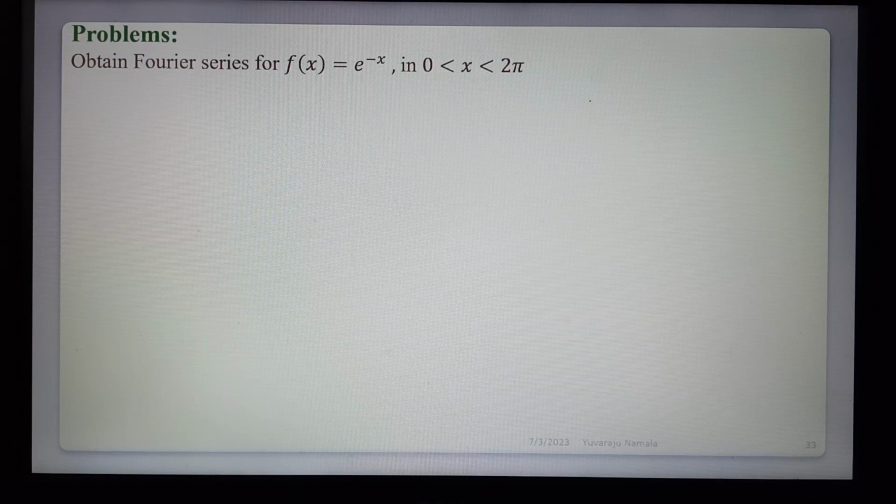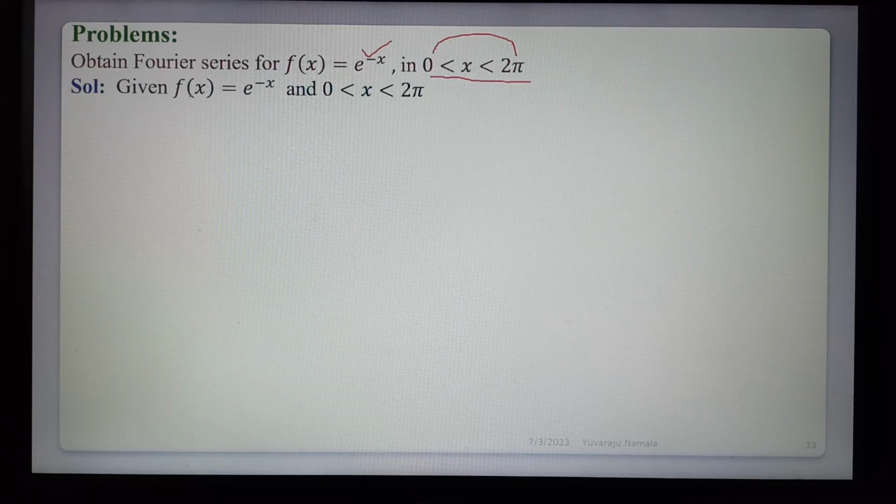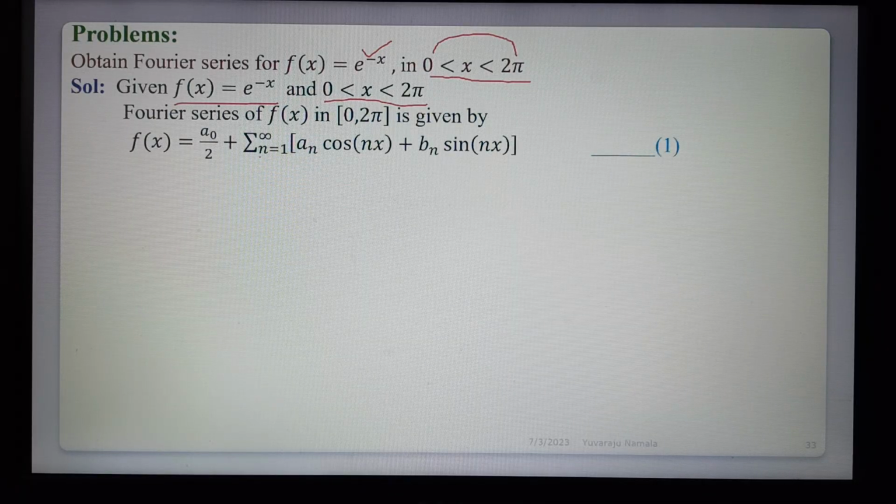Obtain the Fourier series for f of x equal to e power minus x in 0 less than x less than 2 pi. So the given interval is 0 comma 2 pi, and the given function is e power minus x. See the solution. The given function f of x is equal to e power minus x in the interval 0 comma 2 pi. The formula is given by, so this is the Fourier series expansion of the given function in